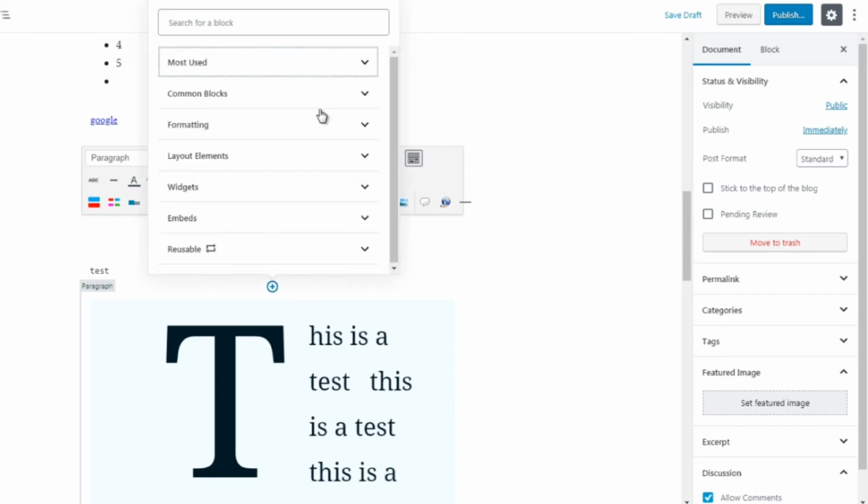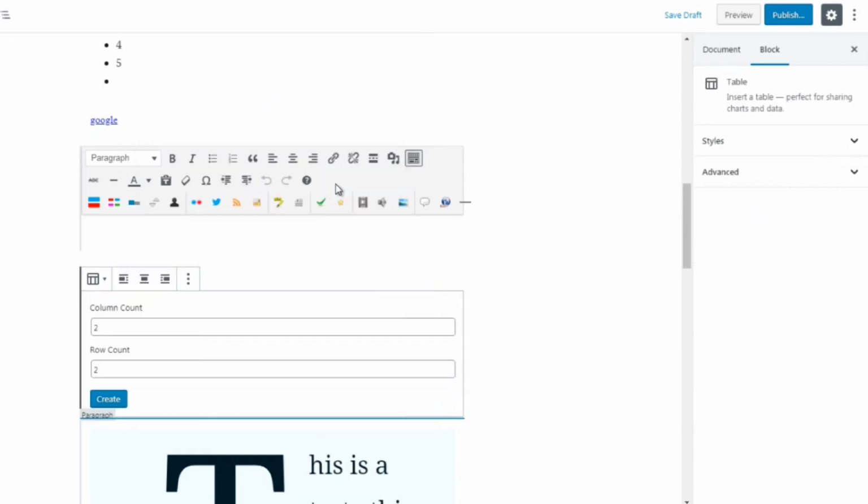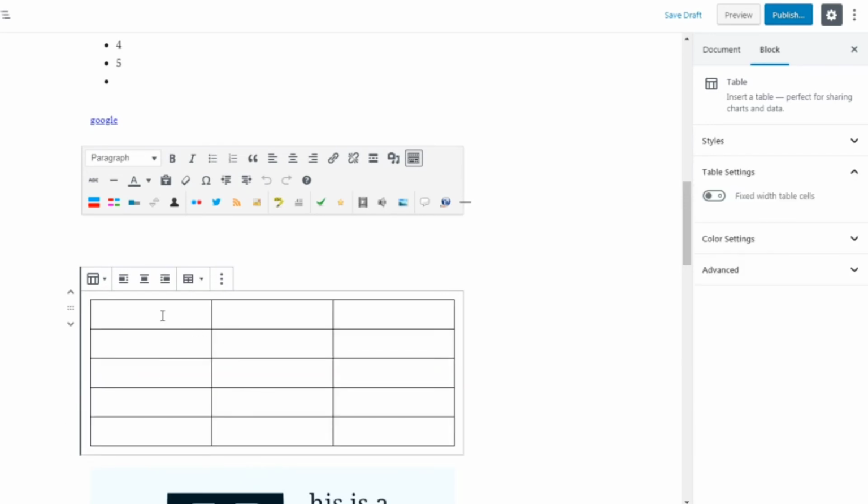So going back to formatted blocks, we got pull quote and table. Table is nice if you want to create a table. So if you want to create a table that has maybe 3 columns and 5 rows, you could do 3 columns, 5 rows, not 25, 5 rows, and click create. And there we go. So now we can enter text